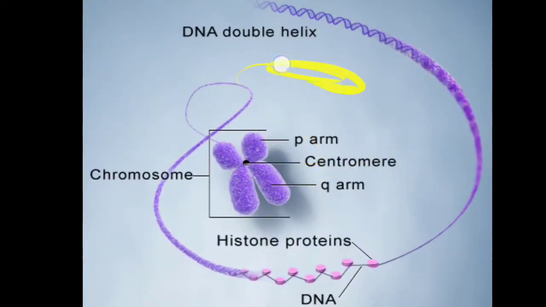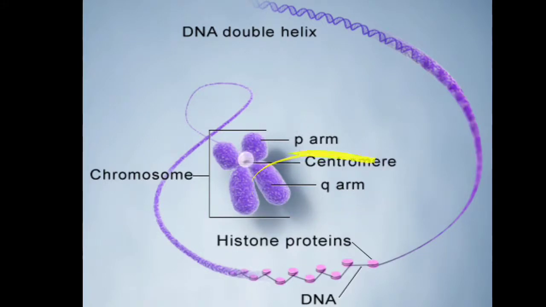DNA is a double helical structure, and that DNA helix is wound around a particular protein, histone, and that makes a nucleosome. Such nucleosomes combine and make a chromatin fiber. This chromatin fiber will further condense and make a chromosome. Now, this chromosome structure is generally not seen in every phase of the cell cycle. It is particularly seen in the metaphase, or M phase.